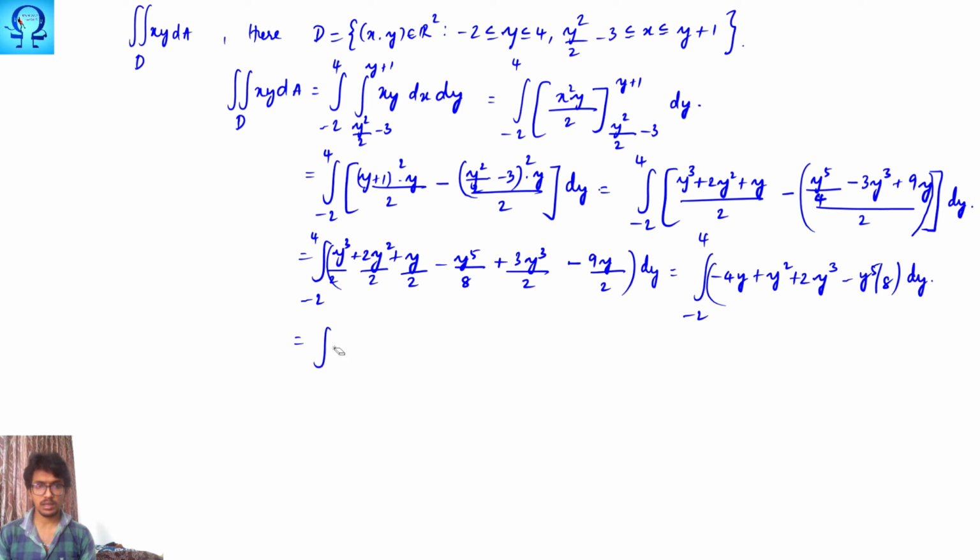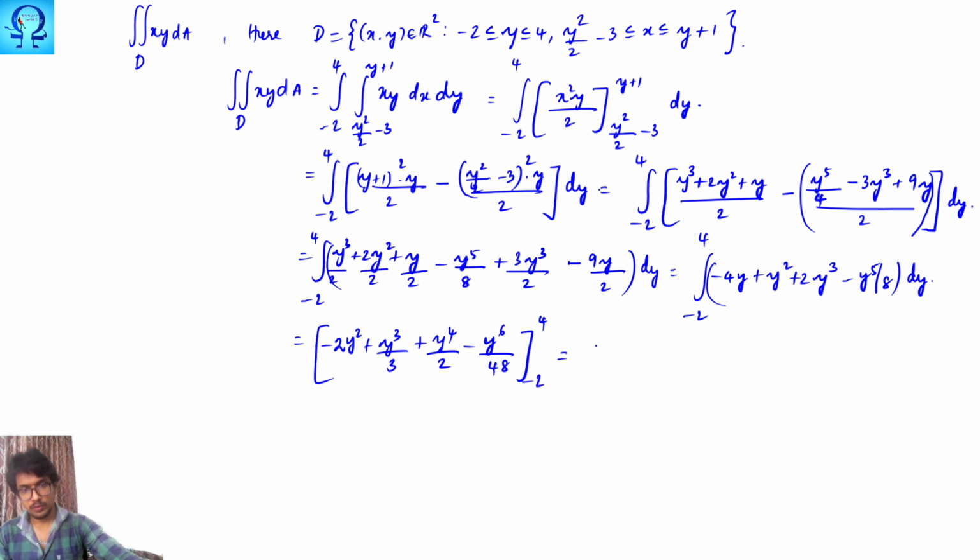When you do the integration, it is going to be minus 4y squared upon 2. So this shall be written as minus 2y squared plus y cubed upon 3 plus 2y to the power 4 upon 4, which is y to the power 4 upon 2, minus y to the power 6 upon 48, from minus 2 to 4. So when you give the limits, minus 2 times of 4 squared is 16